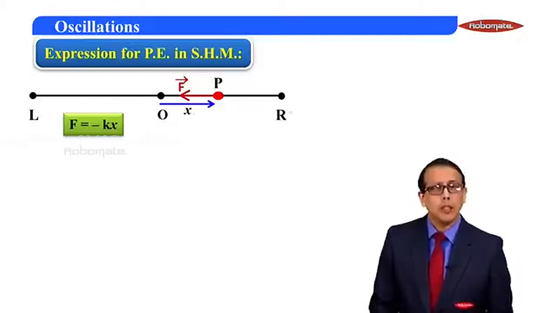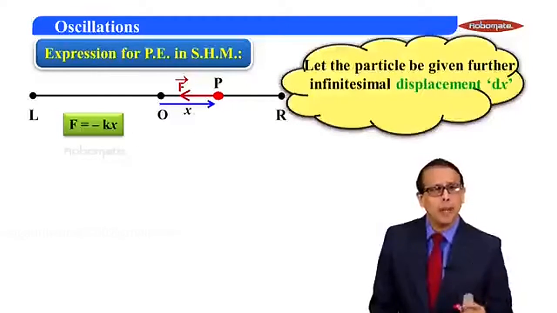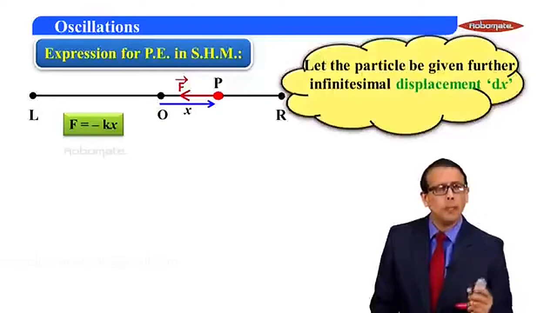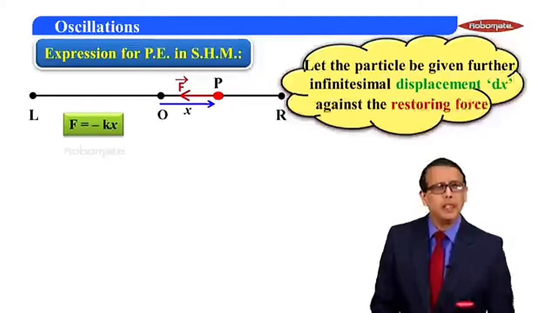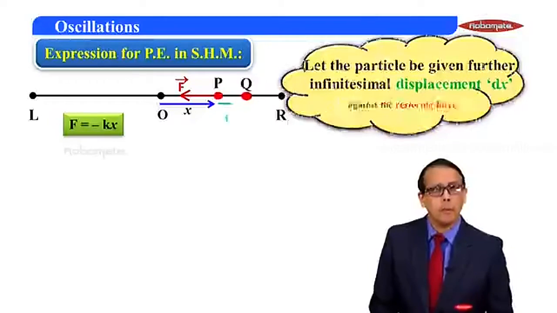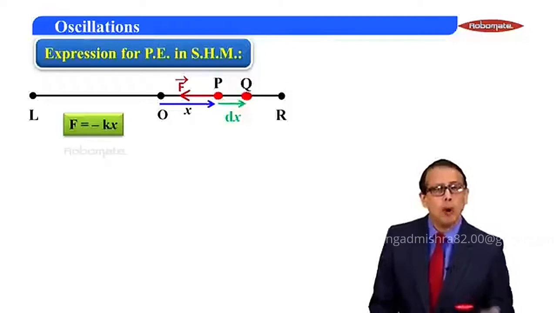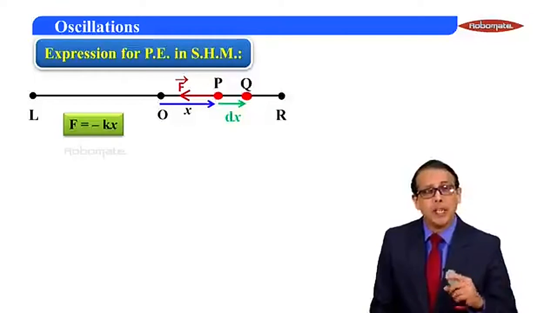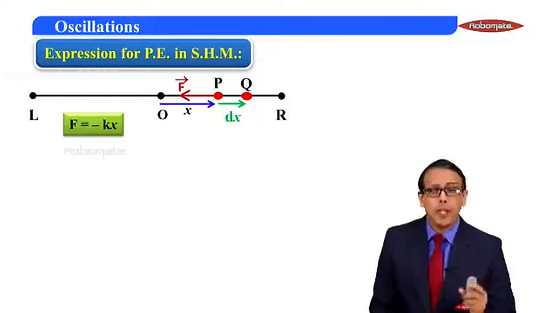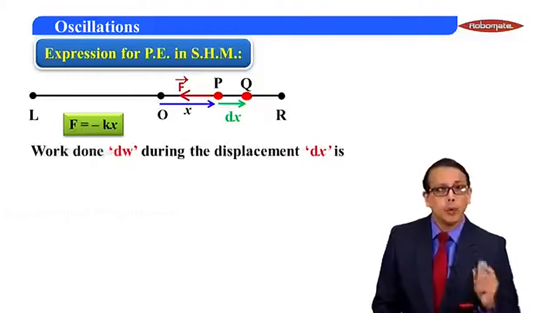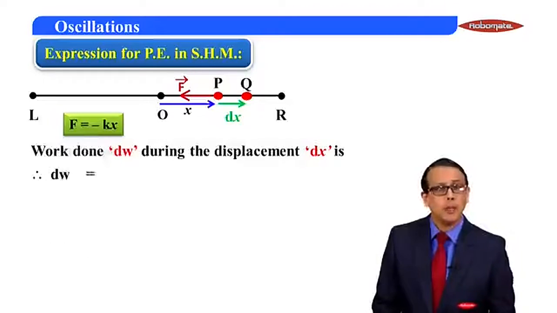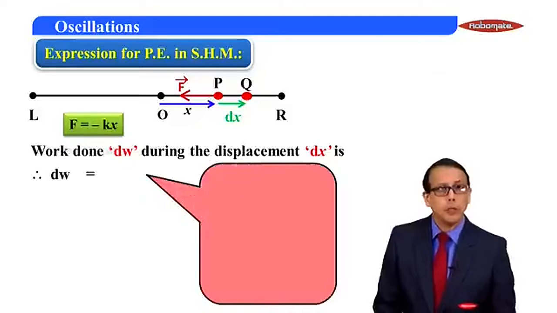Now students, let us displace the particle further by a small, infinitesimally small displacement dx against this restoring force. Say the particle goes from P to Q through a small displacement dx against the restoring force. Since there is a displacement, we know work is done. So the small work done during this displacement dx is dw equal to,